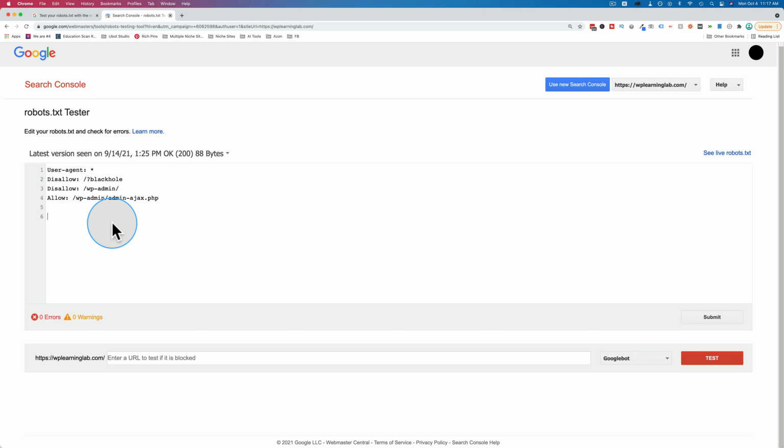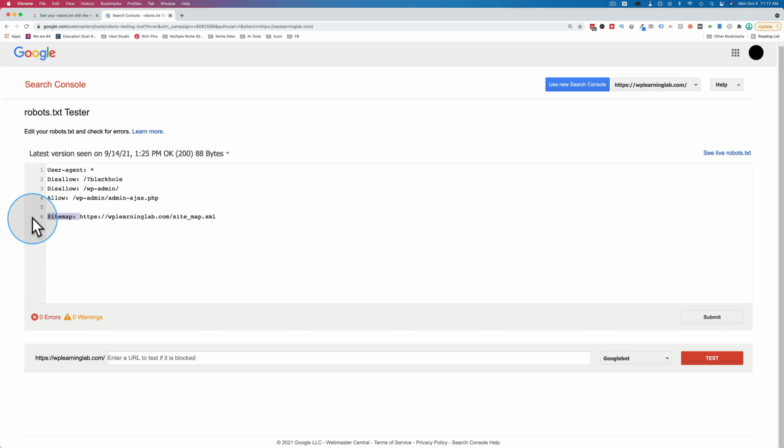You can also add in your sitemap. Make sure you have the correct address for your sitemap. I don't even know if this is the correct URL to my sitemap, but let's assume that it is. This will help robots find your sitemap. Inside Google Webmaster Tools and Bing Webmaster Tools, you can upload your sitemaps directly in there. But if you don't do that, or if other search engines maybe aren't that capable and their bots aren't able to find sitemaps because they're usually always named the same thing and they're always in the root directory, but if for whatever reason they can't find those, they can find the URL inside of the sitemap